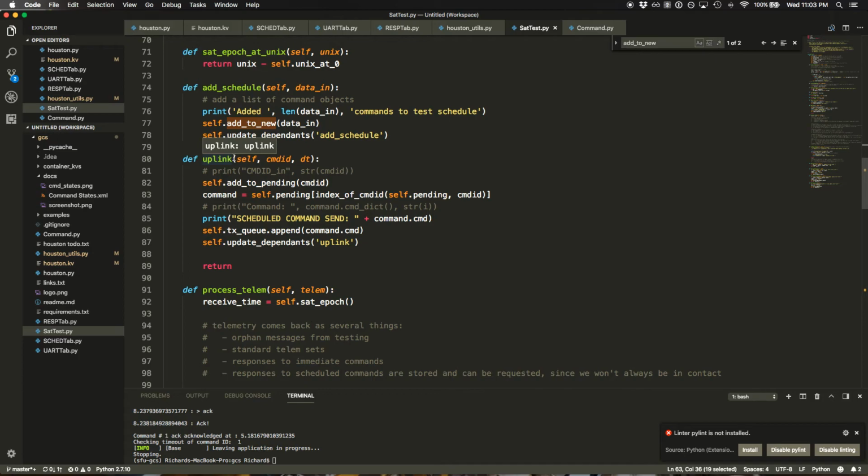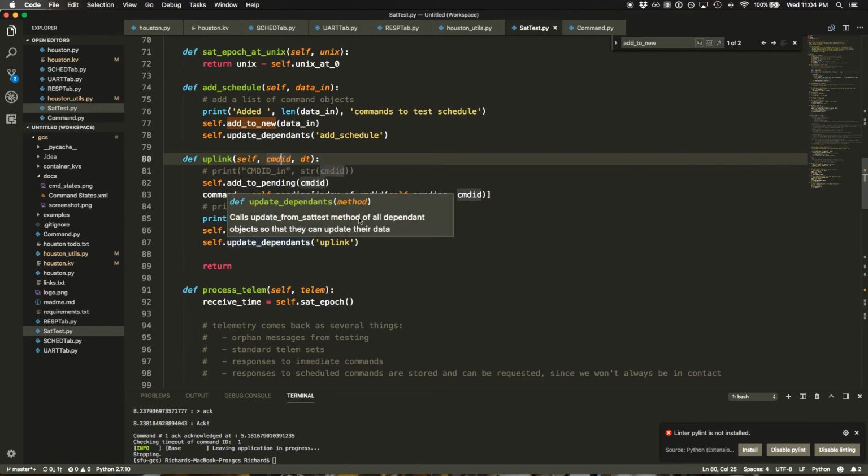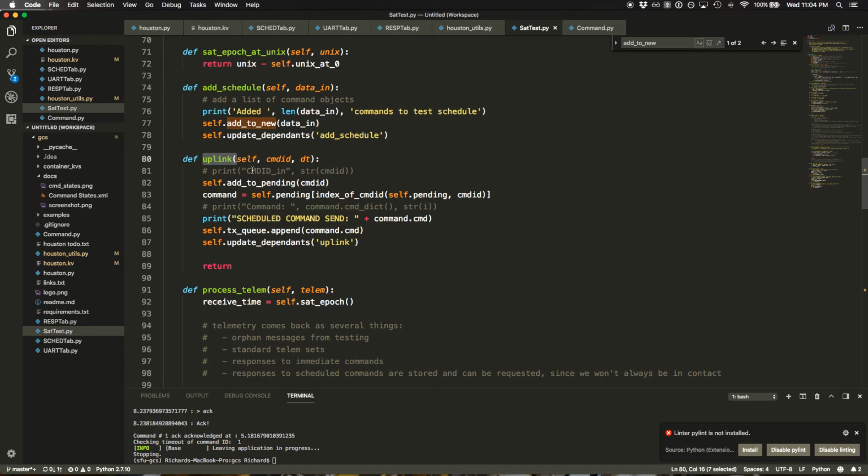And this is handled by the Kivy clock module. So what we say is when we create a command, or when we click the uplink button, we will run the uplink function for that command ID at some point in time in the future, which is the epoch for the command. And so when we uplink a command, we add it to our pending list, we remove it from the new list,